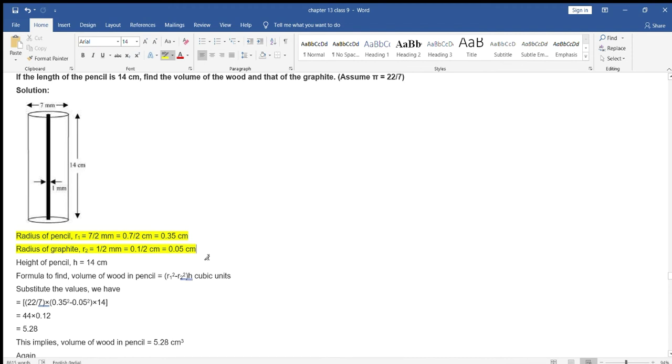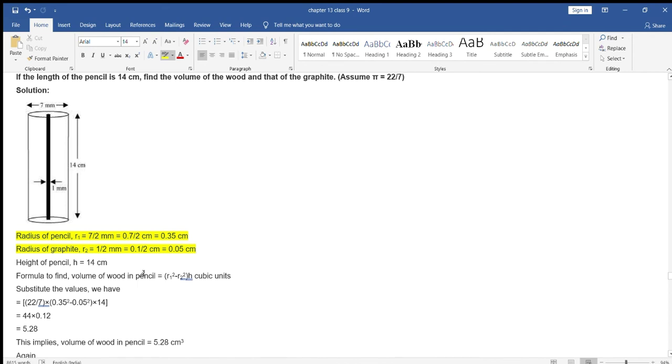Now we have to find out volume of the wood in the pencil. आपको volume किसकी find out करनी है? Wood की. So for finding it, what we will do? From the outer we are subtracting the inner and multiply by the height. So here is the volume of the wood. आपकी outer radius क्या थी, आपकी inner radius क्या थी, और उसमें से हमने height को क्या कर दिया, multiply कर दिया. Okay. Pi r square h, और r आपका कैसे find out होगा?